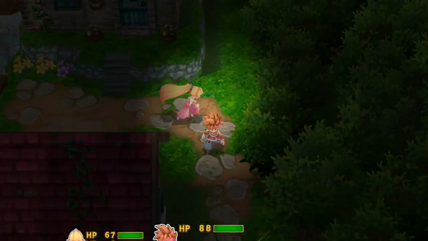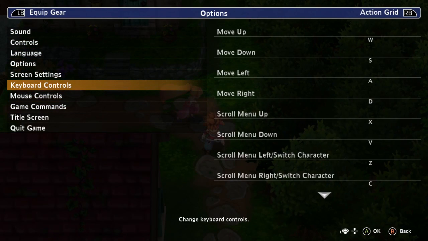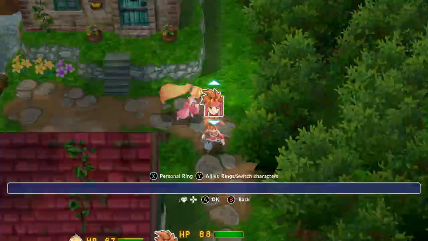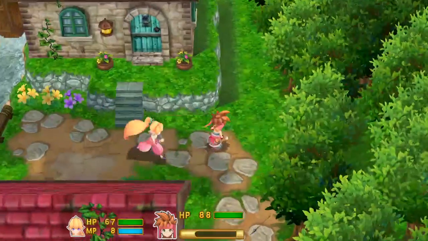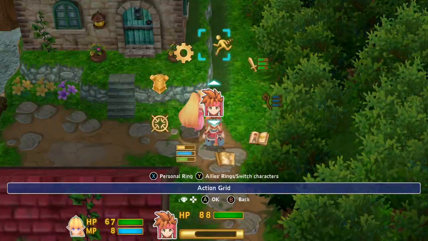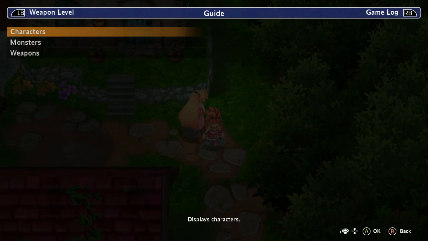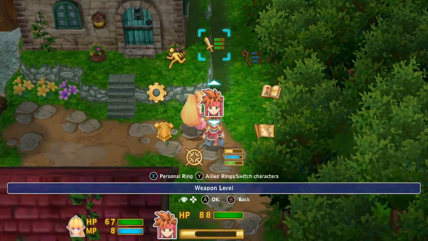I just gotta... What the hell do I press to switch characters now? Oh. Oh. There we go. That's how we do it. Okay. How do I... Let me figure out how to set...